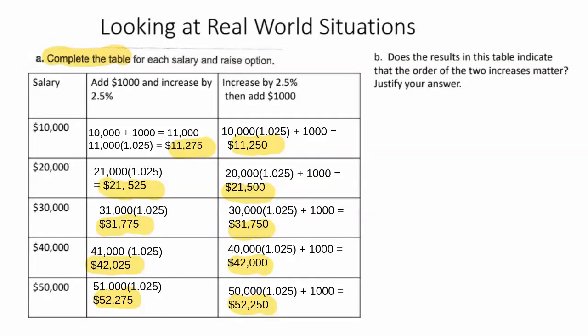Now, if you look at the numbers in the first column and you look at the numbers that I have highlighted in the second column, does the results in the table indicate that the order of the two increases matter? Well, the answer is yes, because column 1